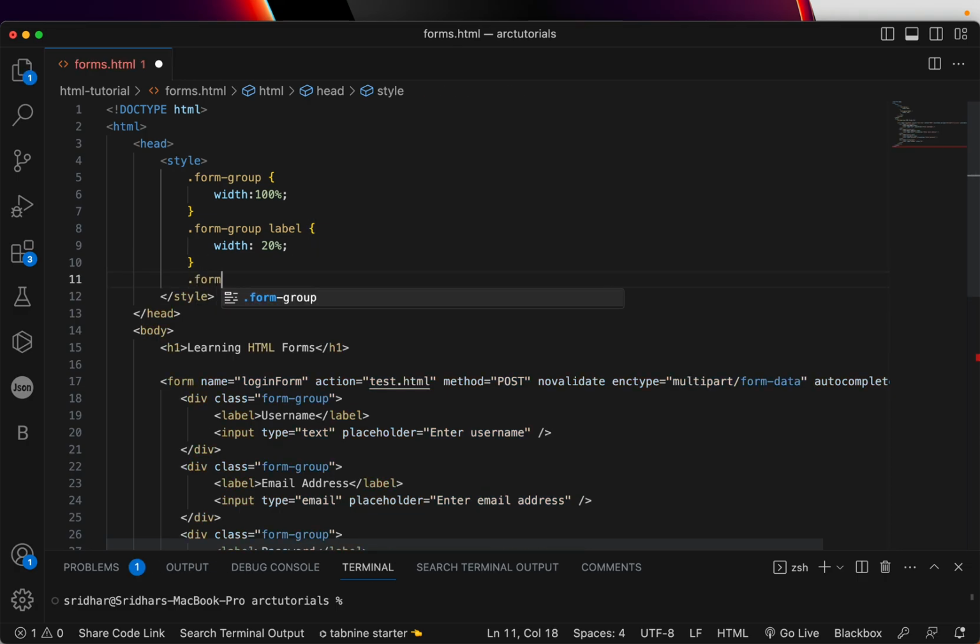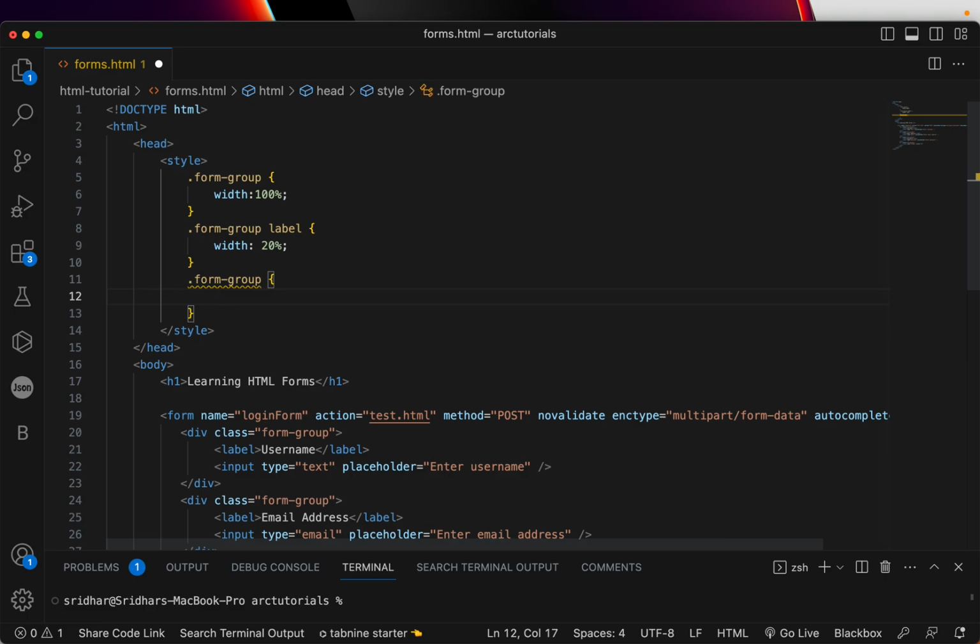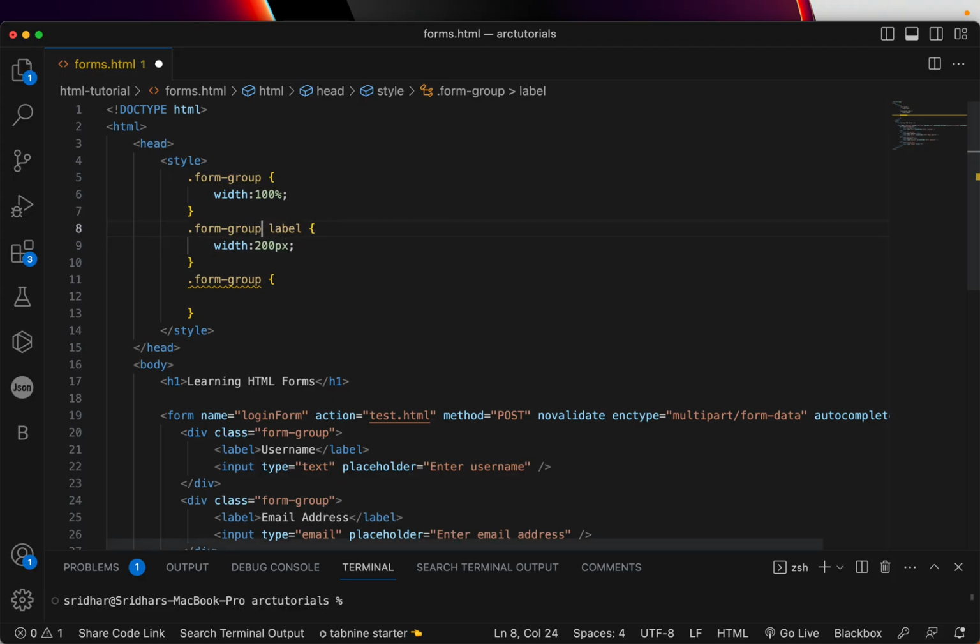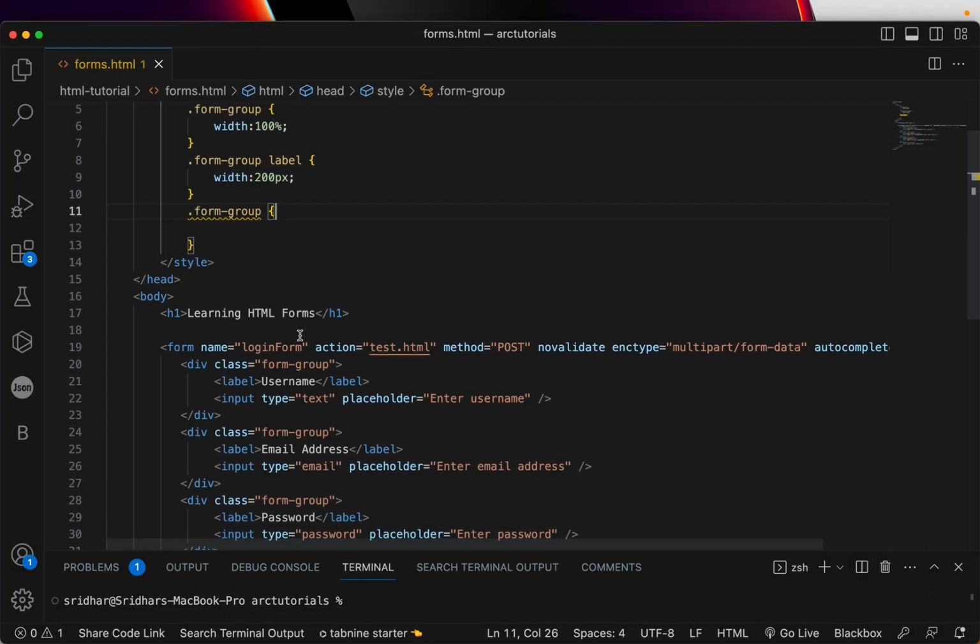But anyway, let's continue, and form group. Okay, and inside this I can use some other selector. That's not working. We have different ways of how we can target, so let's try a different way to see if we can target that. That doesn't seem to work, but instead we can give a class then here,